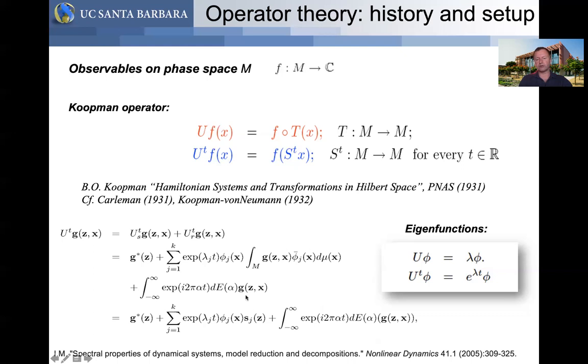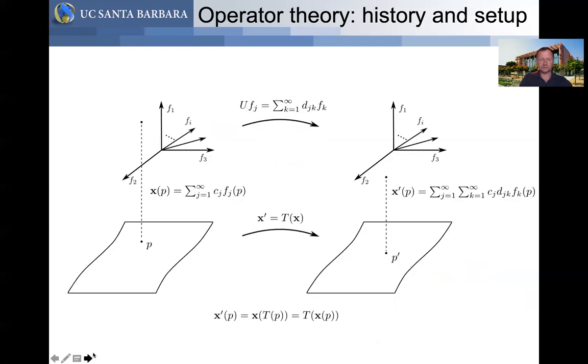So whether an operator has a finite dimensional linear or nonlinear representation in some sense depends on the properties of its spectrum, and that is the main message of this talk: there is a precise way in which one can determine whether a linear representation of a system is possible, or whether a nonlinear representation is perhaps possible, but certainly necessary, and that's in the case where we have continuous spectrum. All right,